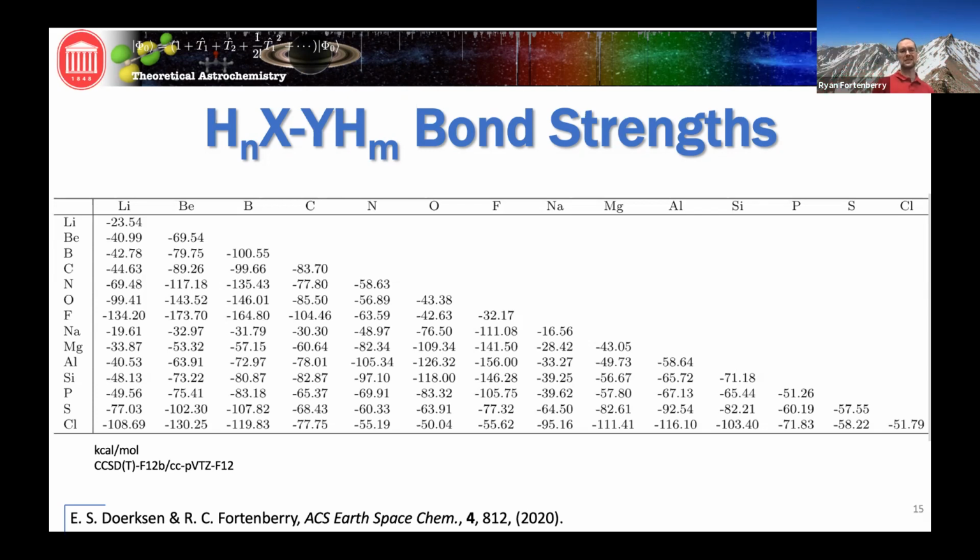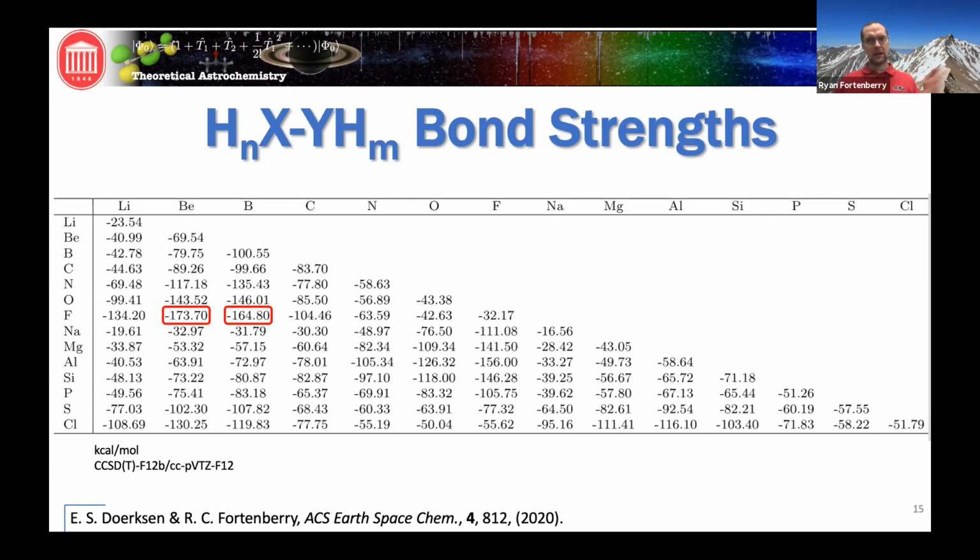Most of the behavior that's in here is exactly what you would expect. As we cross the periodic table, the bond strengths get higher and so forth. But there are a couple of things that jump up that came as a bit of a surprise. The strongest, quote unquote, single bond on the periodic table calculated in this way is actually between beryllium and fluorine. And the next strongest is between boron and fluorine. Now, I was not expecting that, but of course, it makes sense.